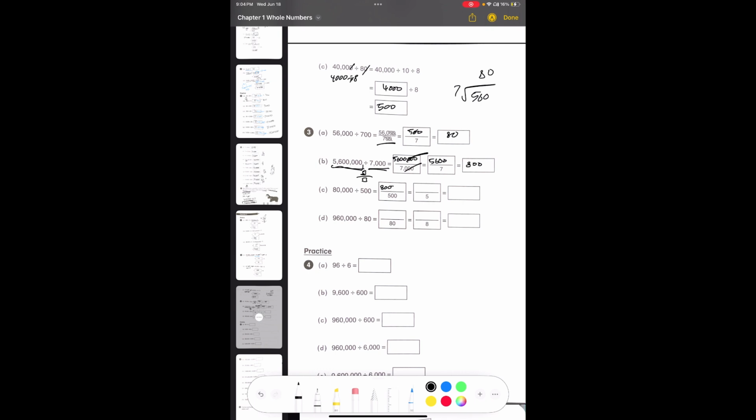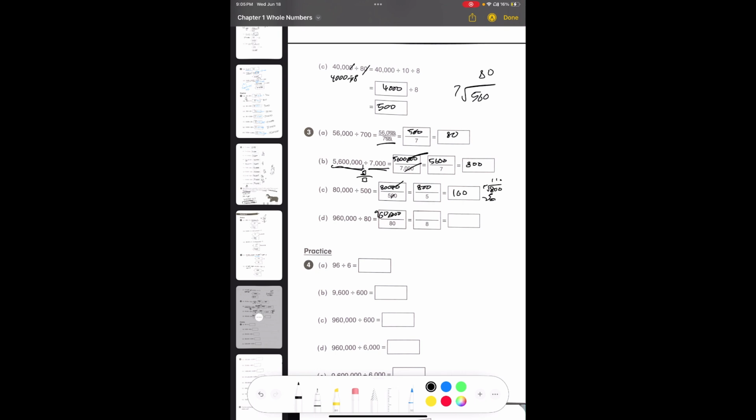Same thing here, 80,000, cross out, 800, 800 divided by 5. Well, what is that? So, just write it out. If you don't know, 5, 30, so 6, 160. So yes, 160, and then